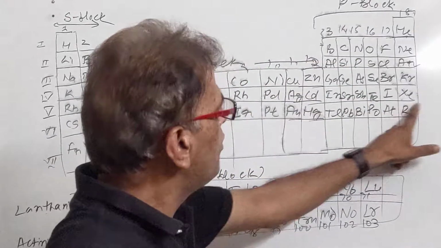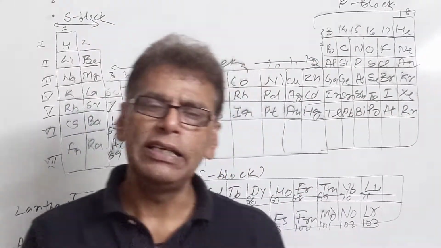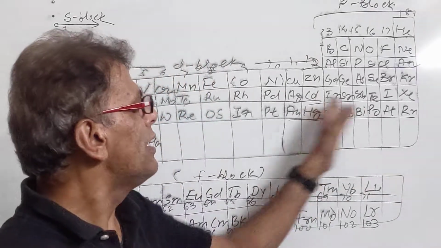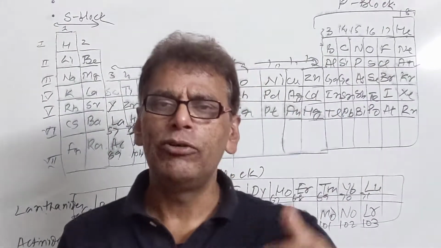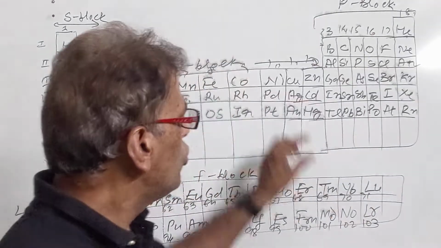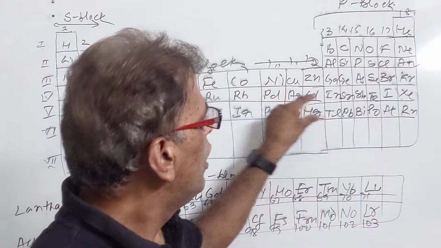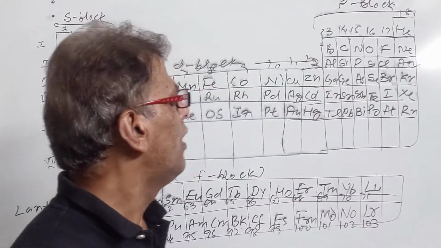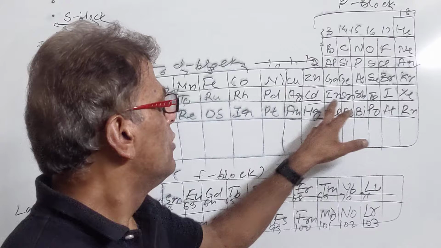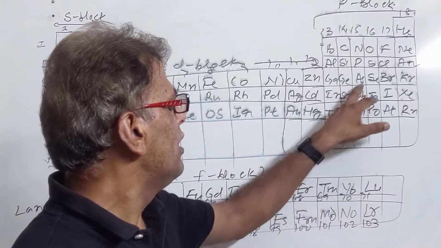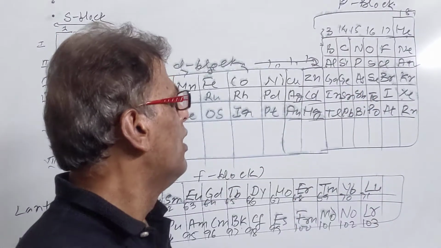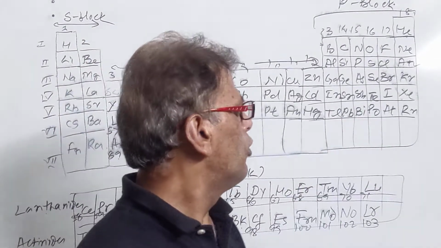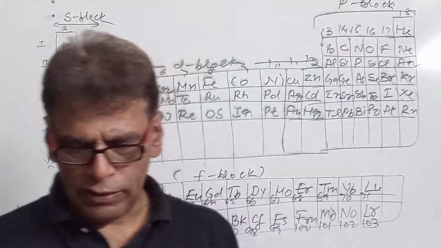When we move to the bottom, the metallic character increases. It is due to the increase in size of these elements. When their size increases, their tendency to release electrons increases. So the elements in the lower two periods have some metallic character, they have metalloid character. These are totally non-metals. So among the metalloids, you have antimony, arsenic, germanium, tin, lead, which have metallic character. Bismuth and polonium have metallic character.